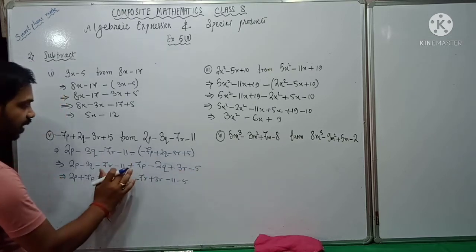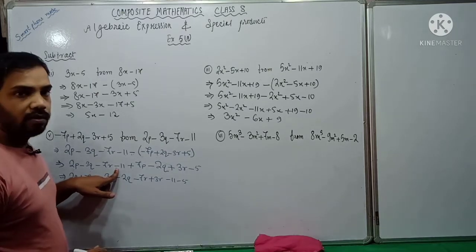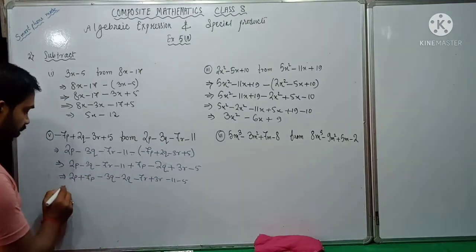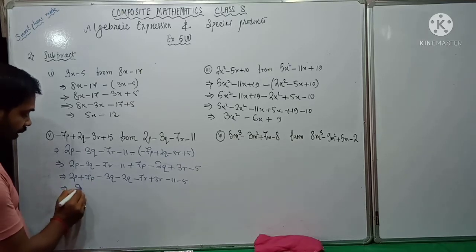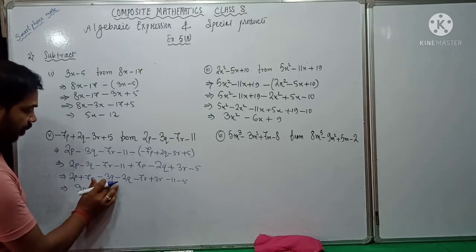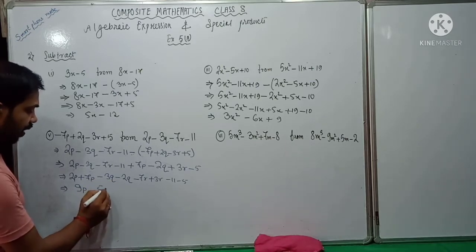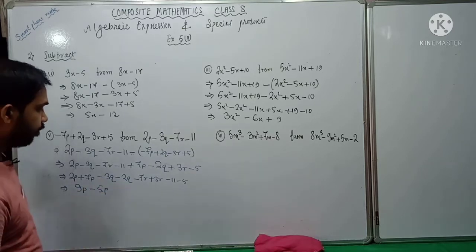So always put the sign that belongs to the number, that remains before the number. Okay, so you remember this one. So 2p and 7p will be 9p. Minus minus you know is plus, so it will be minus 3q minus 2q is 5q, but the sign I will put is of the bigger among them, so it is minus.